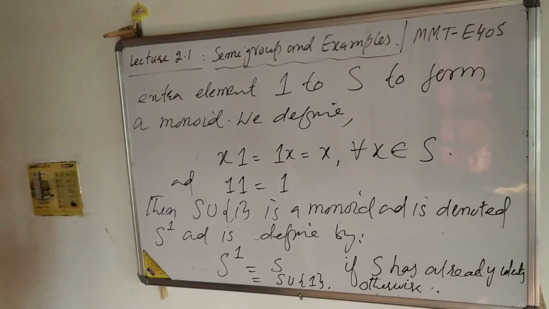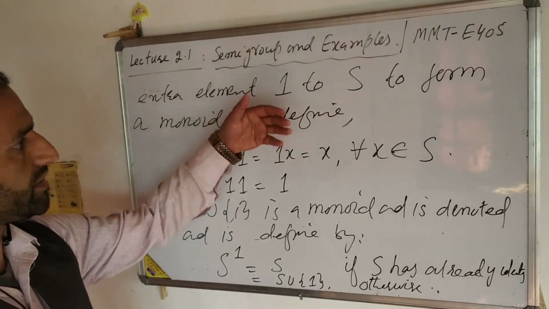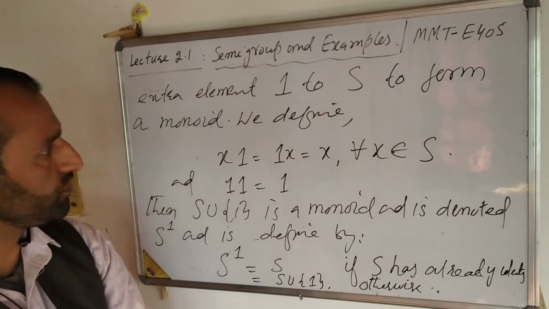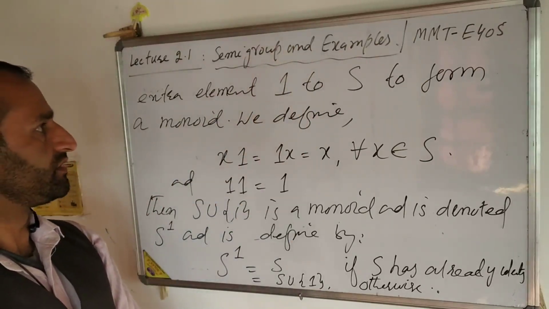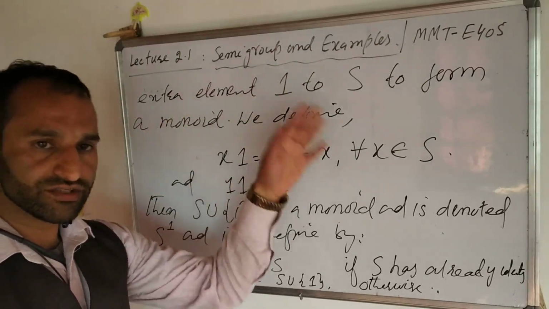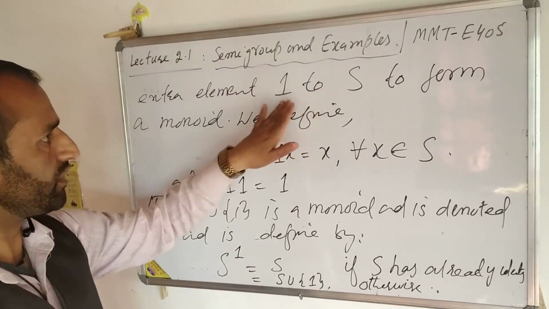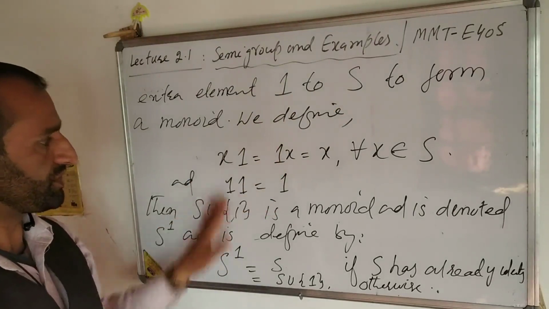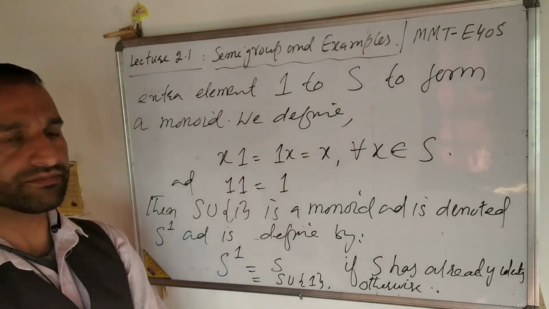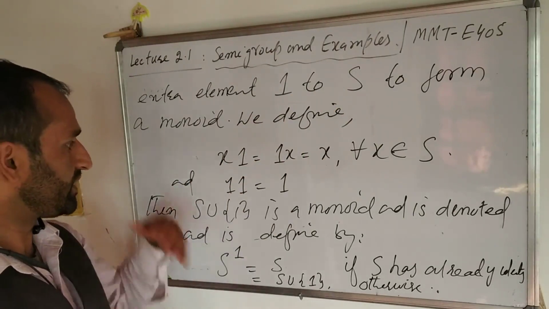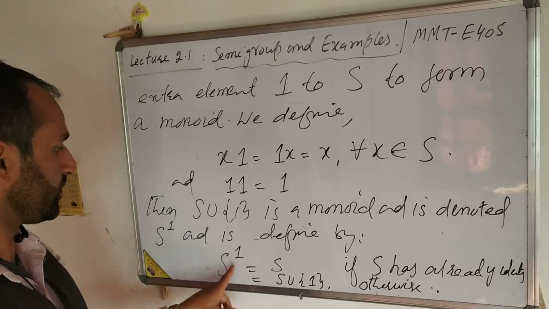तो हमने क्या डिफाइन किया, हमने पहले सबग्रुप को डिफाइन किया, फिर आइडेंटिटी को हमने डिफाइन किया, उसके बाद हमने ये कहा कि अगर इसमें आइडेंटिटी नहीं होगी तो हम एक एक्स्ट्रा एलिमेंट इसके साथ जोड़ देंगे। तो वो एक्स्ट्रा एलिमेंट हमें ऐसा जोड़ना है कि वो एक्स्ट्रा एलिमेंट आइडेंटिटी बन जाए। तो वो हमने ऐसे जोड़ लिया 1 to S with this operation x into 1 is equal to 1 into x is equal to x, 1 into 1 is equal to 1। अब ये जो नया सेमीग्रुप है S जिसके साथ हमने 1 को जोड़ लिया, इसको हम S1 से डिनोट करते हैं।